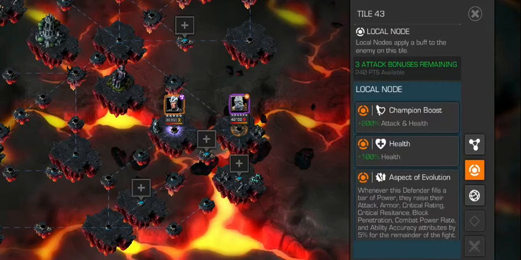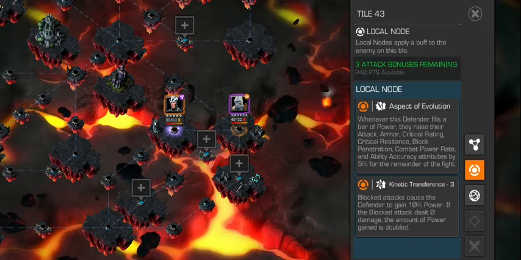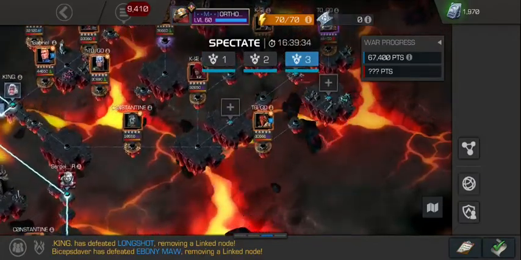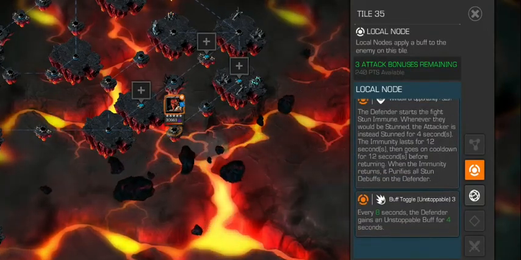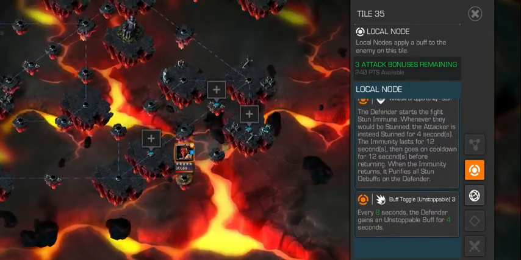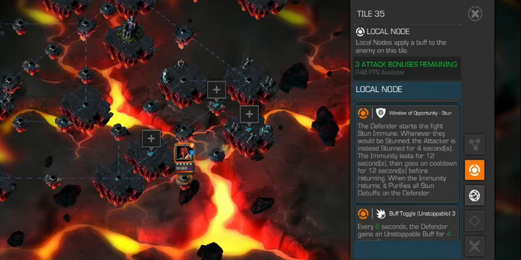This one is Aspect of Evolution and Kinetic Transference, which block attack causes the defender to gain 10% of power. So yeah, we have to be very careful and scrutinize all of the notes before entering, because this is the new war map. Can't do anything crazy, but since it's an off season, you can experiment with all the available rosters that you had. And this is the path 9, which in my opinion is kind of